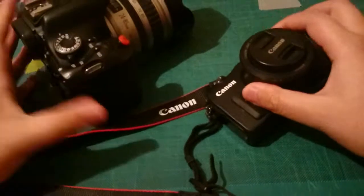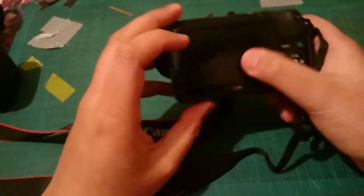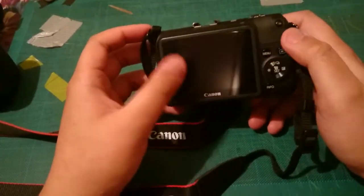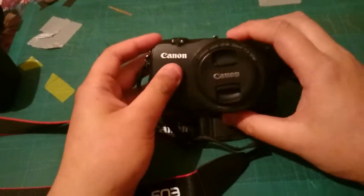Obviously, the biggest thing is it's missing the viewfinder, so most of the work is done on the screen. The good thing is it's also a touchscreen, so a couple of the controls are much simpler using the touchscreen. Mainly the video is about this camera,